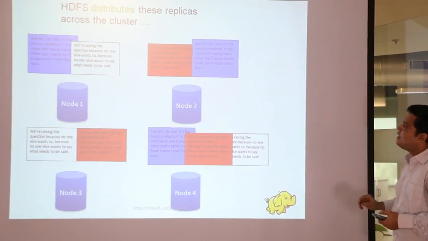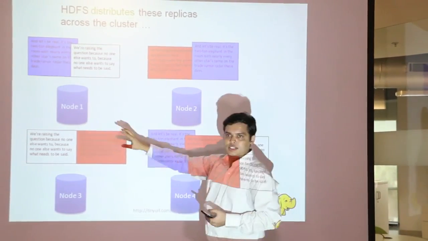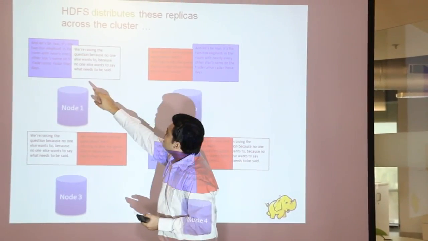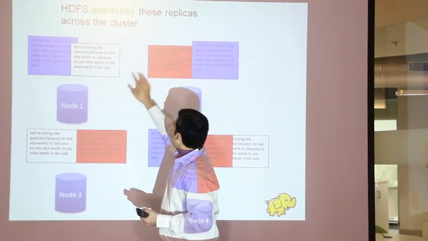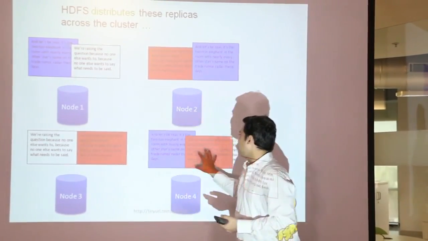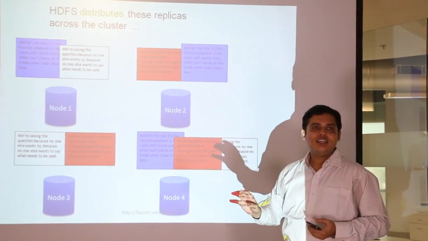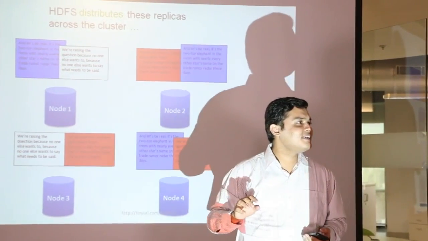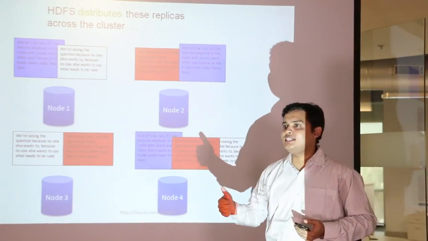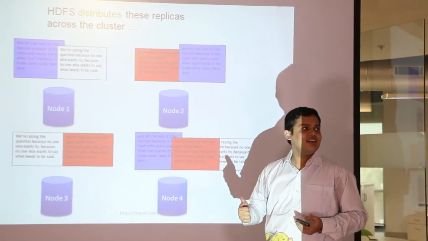And then these are all the data nodes. It will keep some blocks over here, some blocks over here, and some blocks over here. Why is this required? If one goes down, then you can still access it. Faster access. Anything else? If any node goes down, the data can be picked up from another node. Correct.